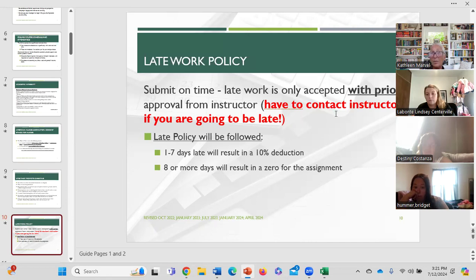If you have contacted me, that's great. We'll work something out. You have up to 7 days to turn it in. After the 7th day, I can't accept anything. I'm very flexible to work with. I can flex where I have some wiggle room, but there are certain things I can't be flexible on, and one of these is the late policy and contacting me first. Okay?